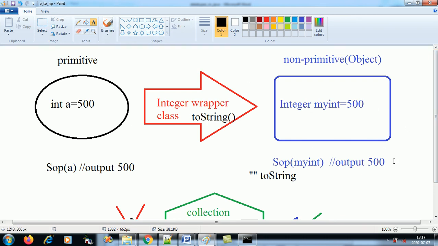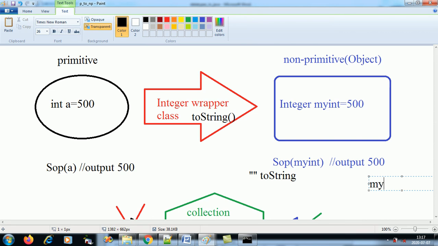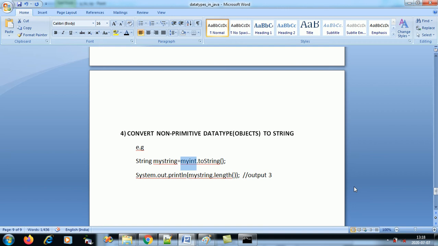I just have to add one thing, the toString function. So I have to just add int.toString. What will this do? This will convert my object to a string format. So this is what I've done over here. Int to string will convert it to a string.